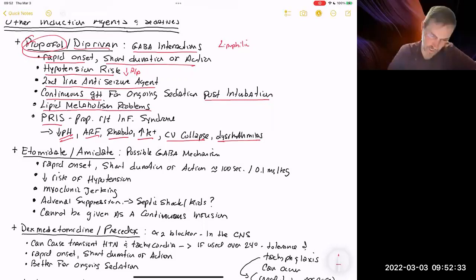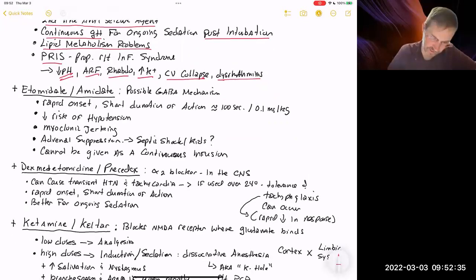The next agent is something called etomidate or amidate. And etomidate, like propofol, probably has a GABA-related mechanism to its action. Like propofol, it has a very rapid onset and a very short duration of action, a little longer duration of action than propofol. I used this quite a bit when I was an active flight nurse during RSI procedures, and